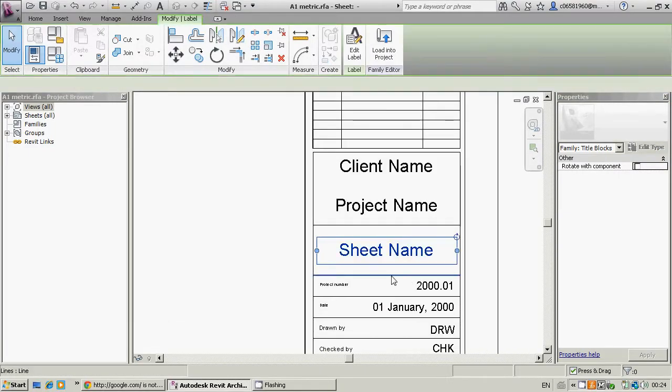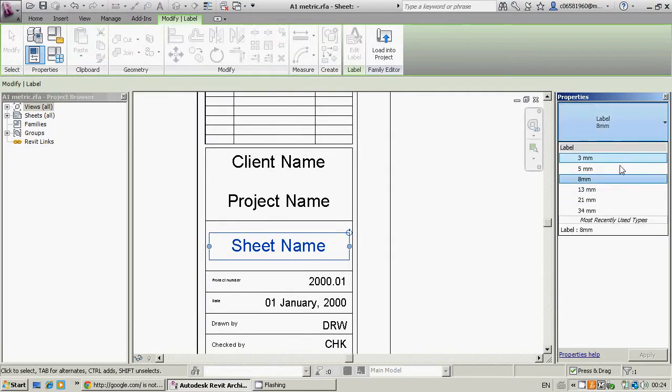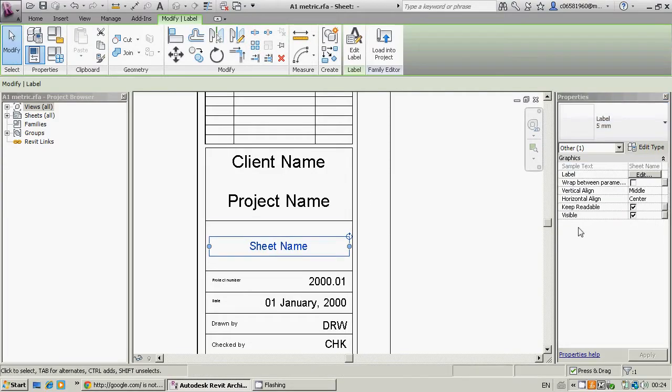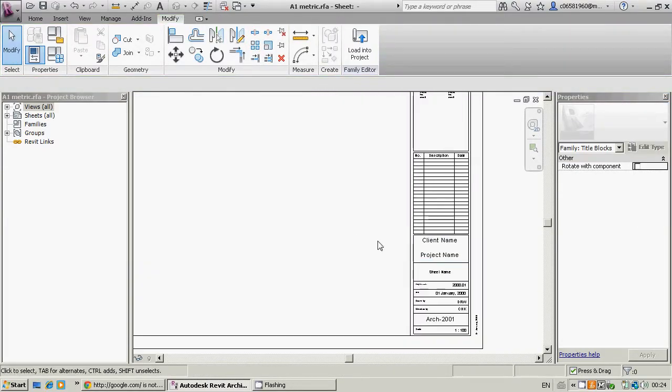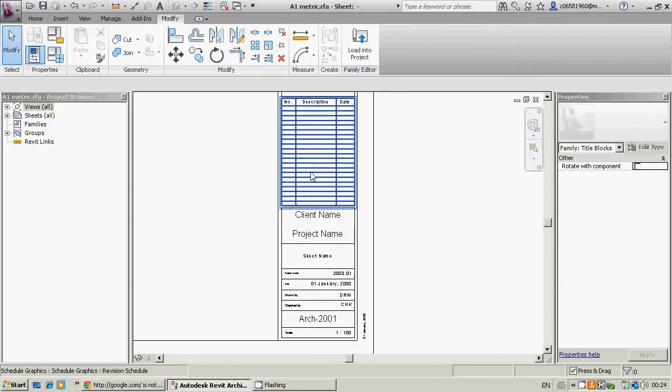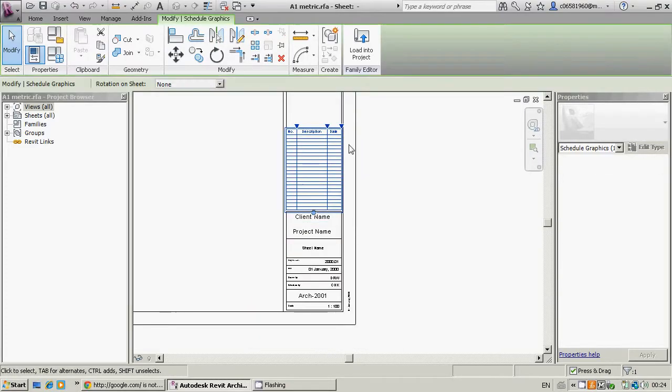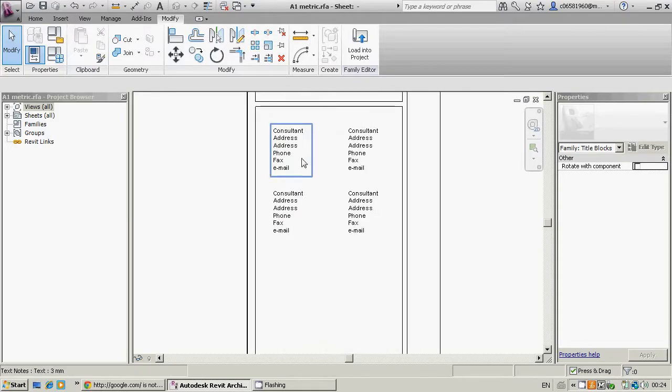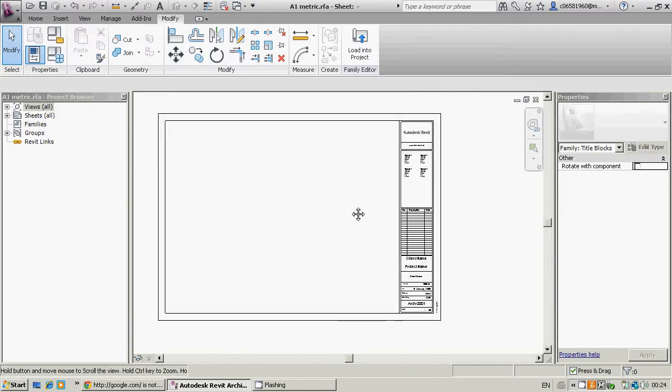Same with the sheets, they all come as labels, and they're different sizes again. To make a new one, you just do the same thing. And then yeah, you can obviously move all this information around. You don't need this kind of. And once you save it again,